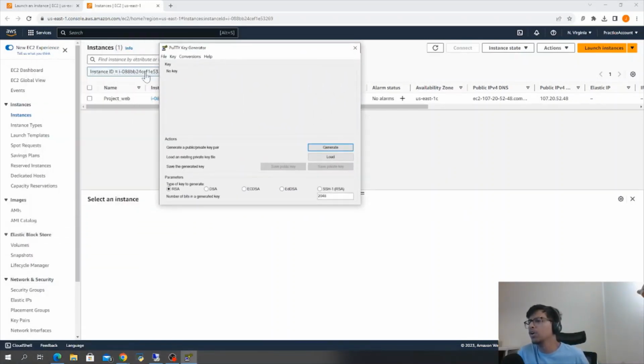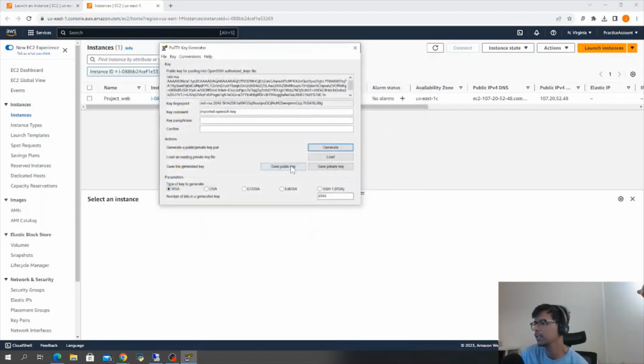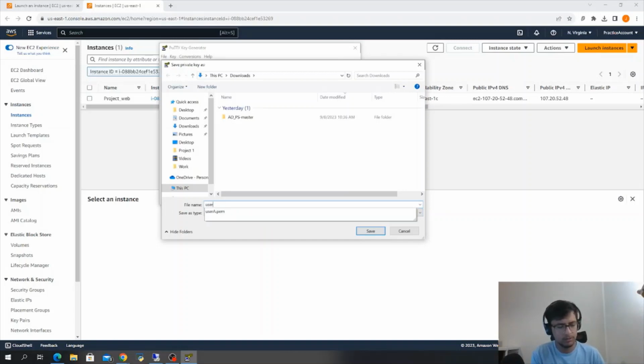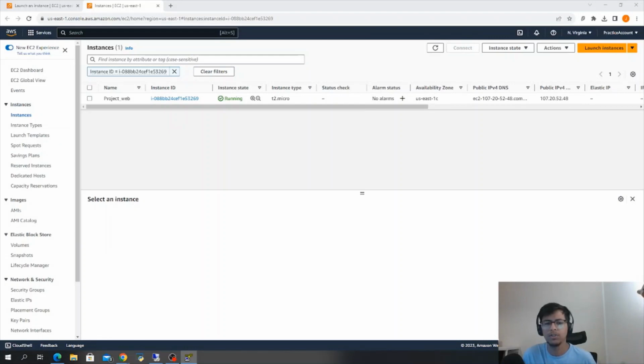If you did not choose the .ppk file format for your key, as we did not, we will first use the key generator, where we will import the key in .pem format and then save the private key in the form of .ppk. After saving,